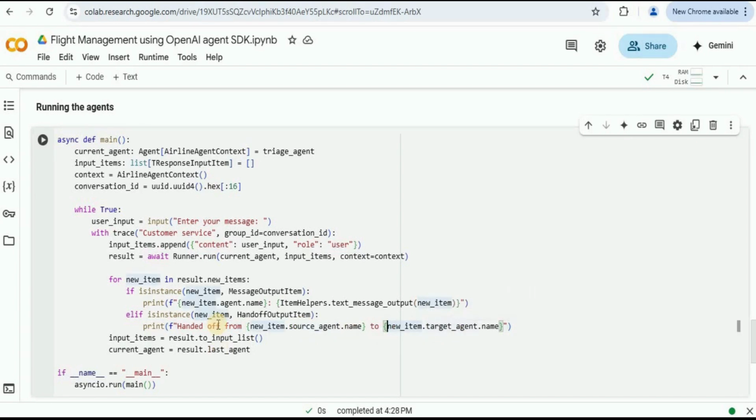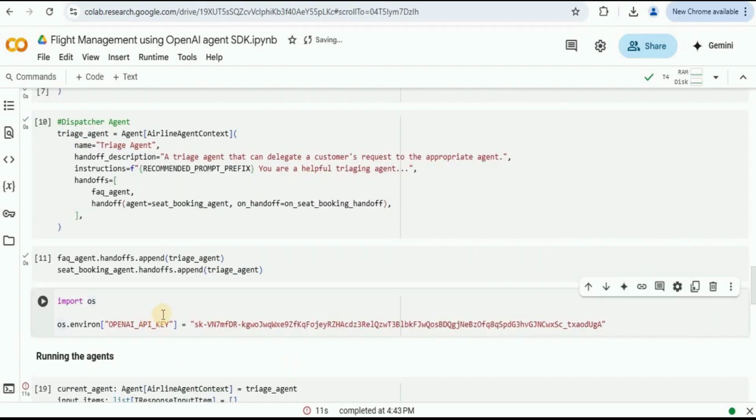And then finally, we are going to update the conversation state by storing the input list of the result input inside the input items, and the last agent from the result will be saved as the current agent, and the responsibility will then be delegated to that particular agent. So this was the entire flow.